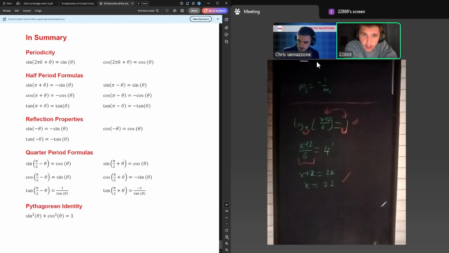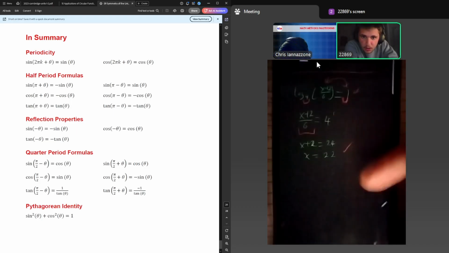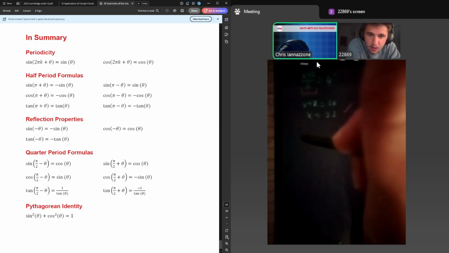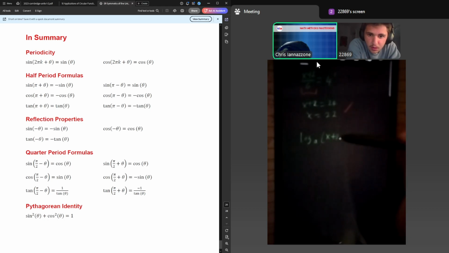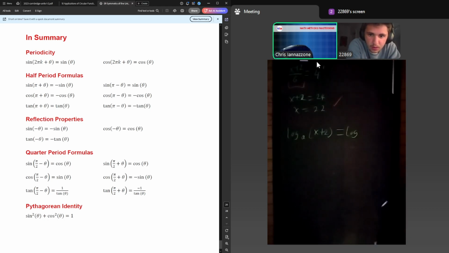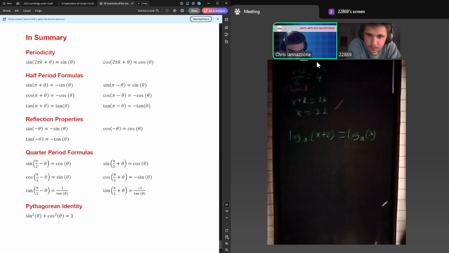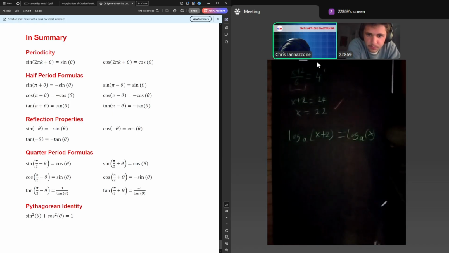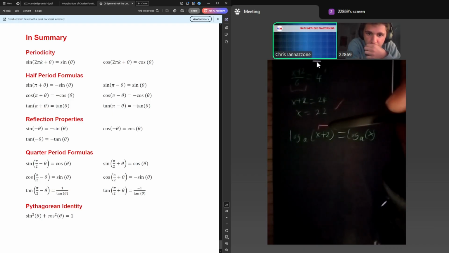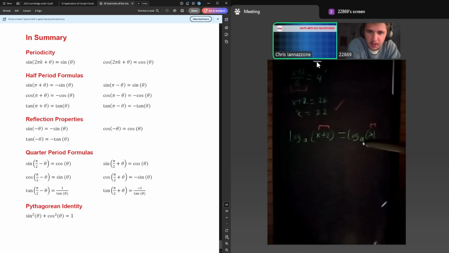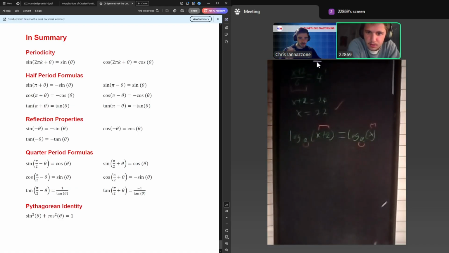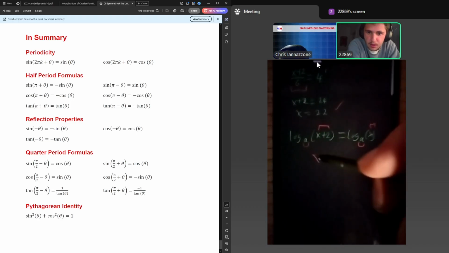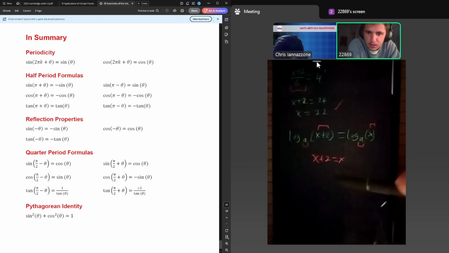Okay. I'll leave one more parting gift, which is, if you have logs on both sides, so log a, let's say x plus 2 equals log a x, you can leave these on the other side of each other, and you can just make the brackets equal to each other. So as long as you have the same base logarithm on both sides and only one logarithm on each side, then you can just say x plus 2 equals x, which obviously has no solution there,